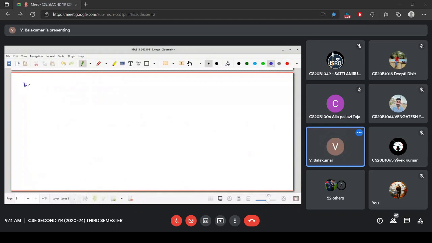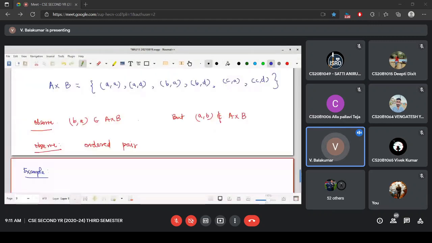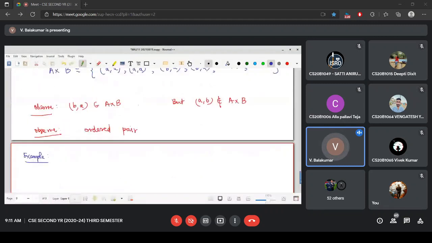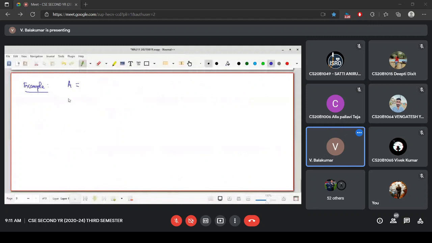Somebody try that. You want some kind of association, something like this. This is automatic. There is no rule, nothing. Simply I will write down all the elements from the first set, then all the elements from the second set. I need two sets. Give me two sets. That's it. Quick. Somebody try. The Cartesian product I will write. Don't worry about it. You give me two sets. First give me one set.